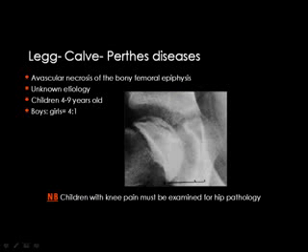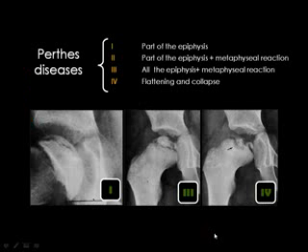Then you came to Perthes disease, which is avascular necrosis of the femoral head in the pediatric age group. And it is very easily diagnosed by plain X-ray and can be supported by the MRI. Then these are the stages of Perthes disease, which are not belonging to the stages of avascular necrosis in adults. Stage 1, part of the epiphysis is affected by fissures or erosions or collapse. Stage 2, part of the